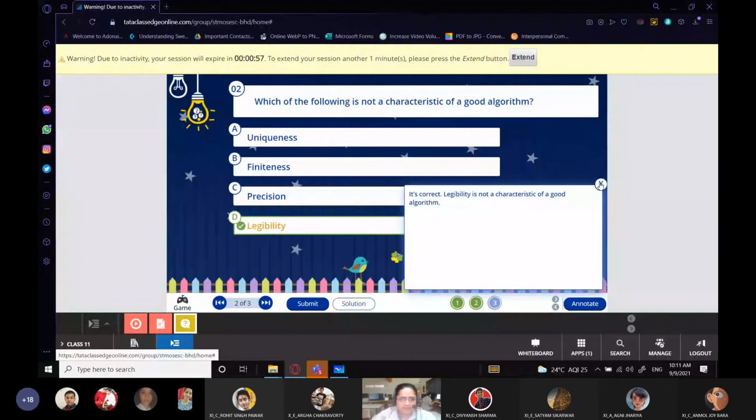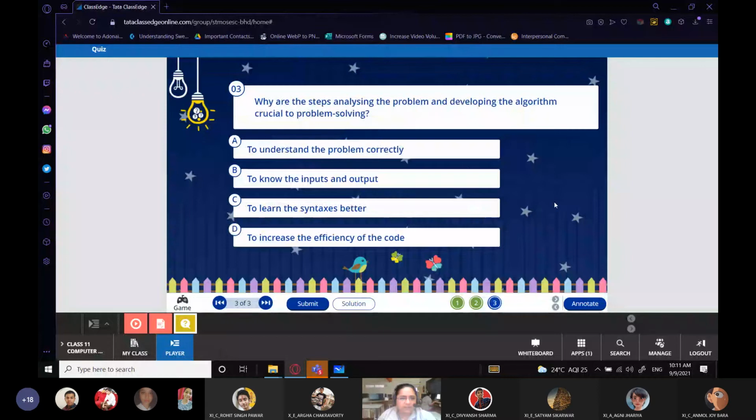Why are the steps analyzing the problem and developing the algorithm crucial to problem solving? Option B. First is given, let's analyze them to understand the problem correctly, to know the inputs and outputs.